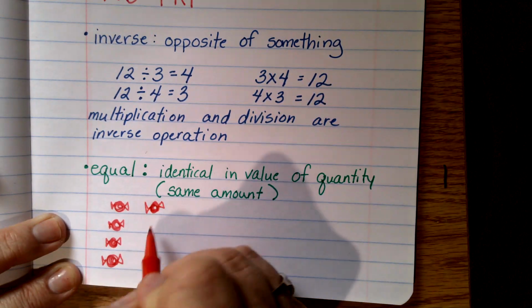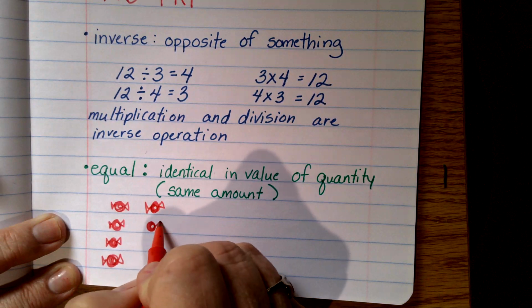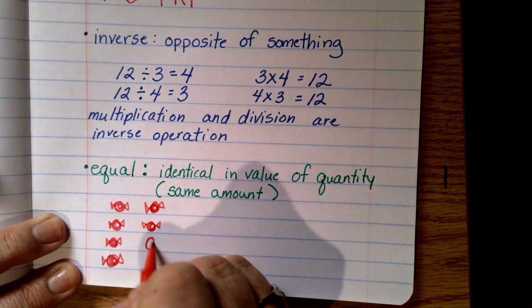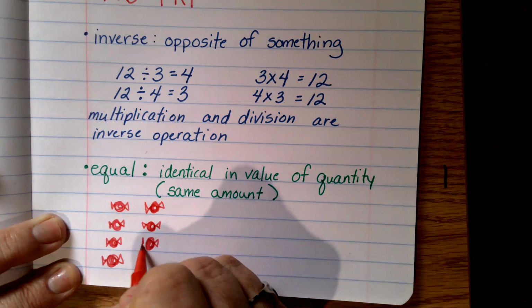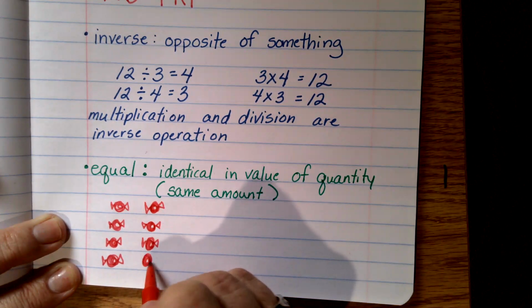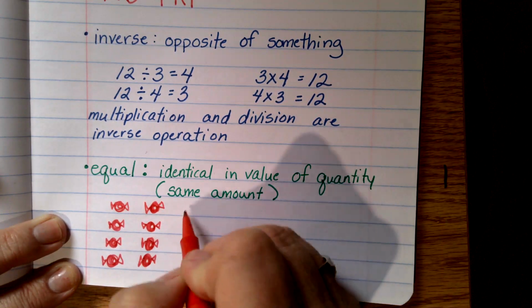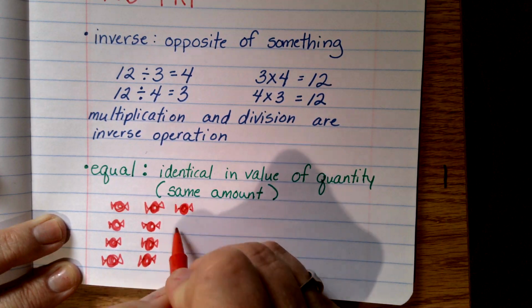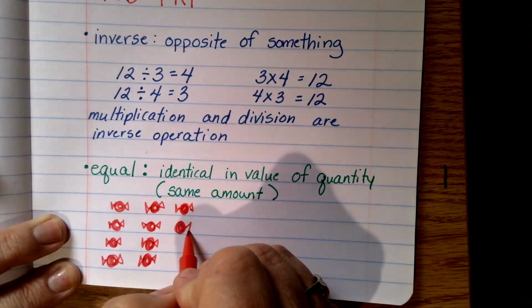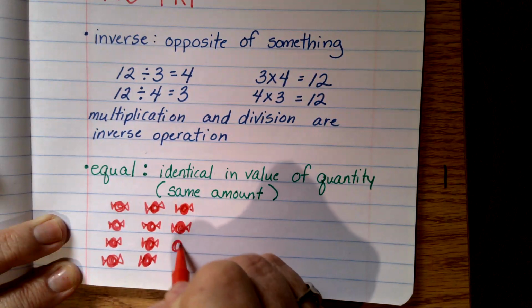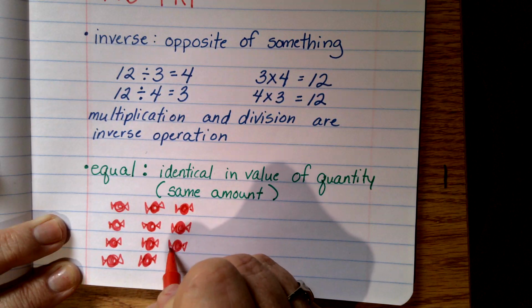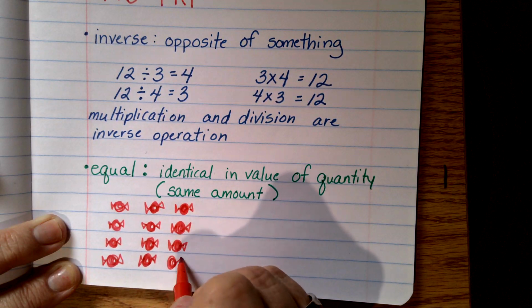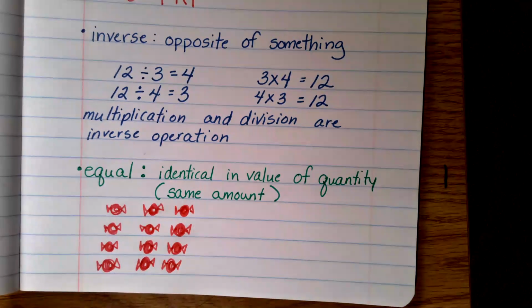And you have to pretend like these are all the same size. Just, 6, 7, 8, 9, 10, 11, and 12. So if I have 12 pieces of candy and I want to divide them equally between 3 people,